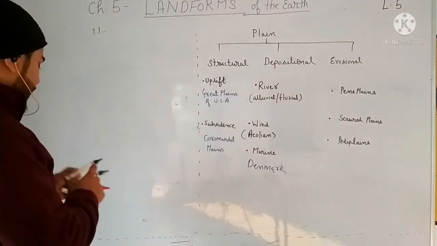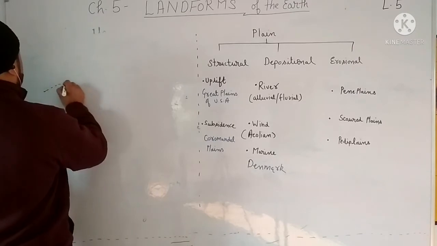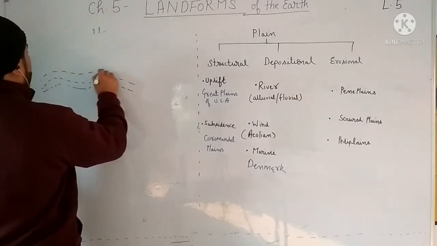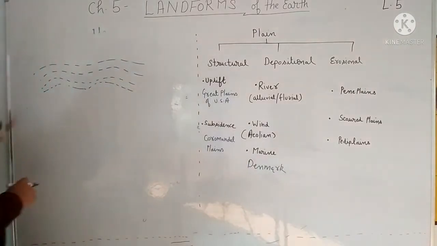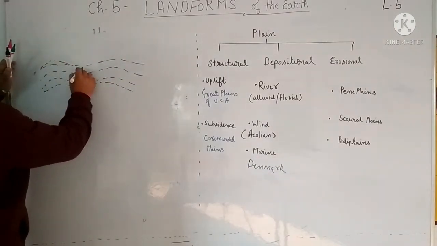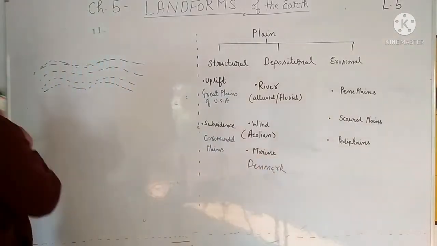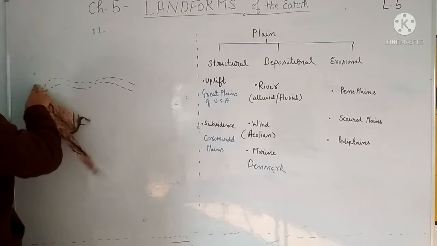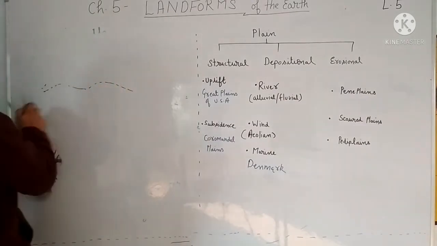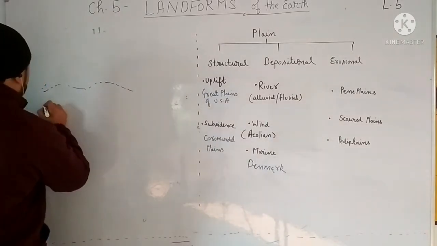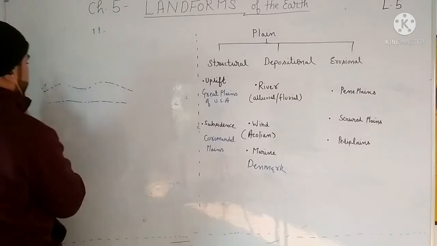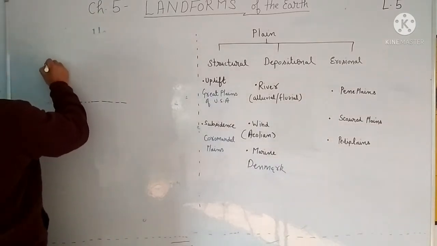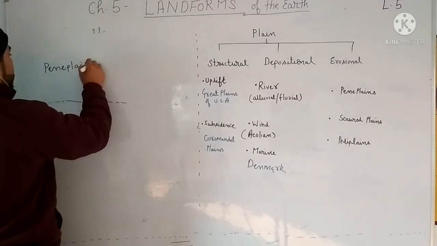Peneplains means suppose there was a highland like this. Earlier one highland was like this, but with the passage of time, erosion of this layer took place and it became like this. Then erosion of this layer took place and it became like this, and erosion of this layer took place and it became like this. After some time, erosion of this took place and it became in this manner. This type of plain is called a peneplain, and this peneplain takes place in humid